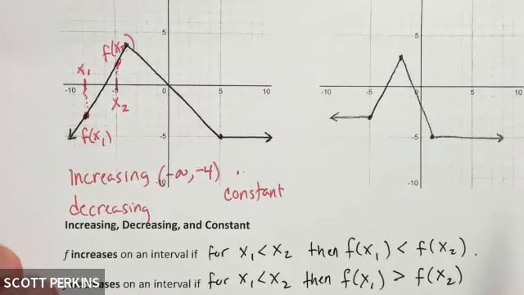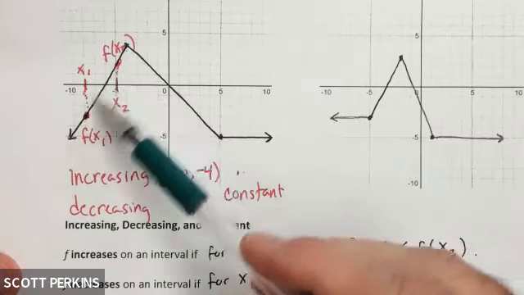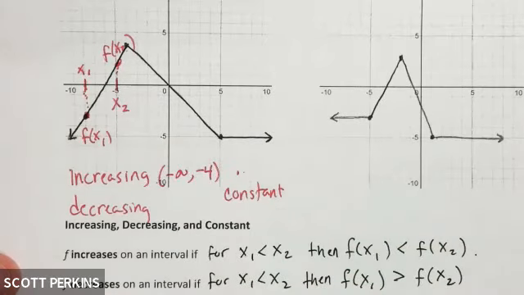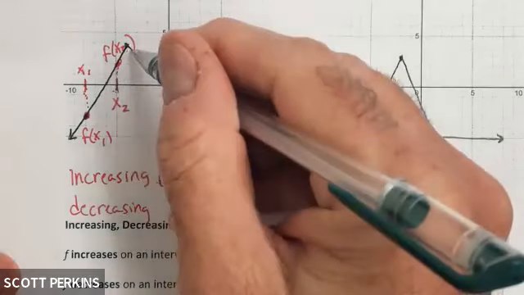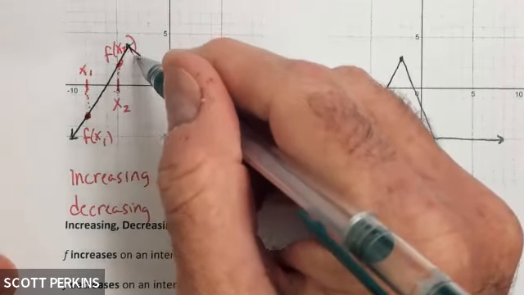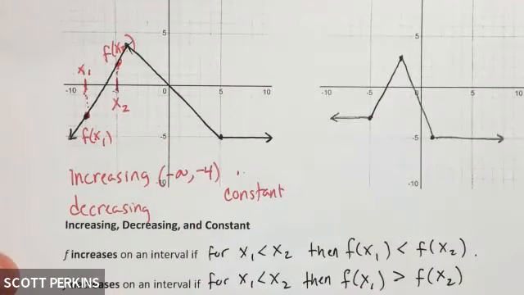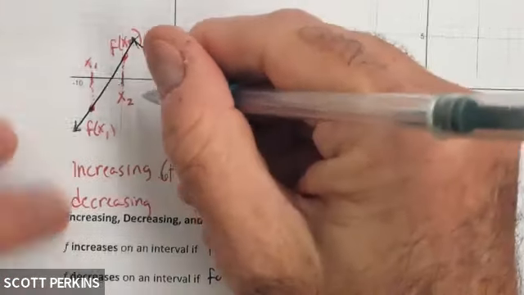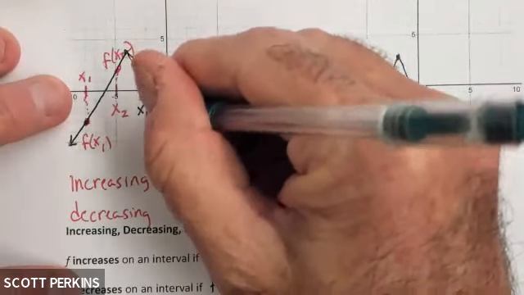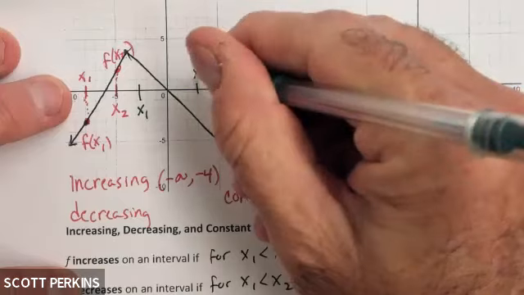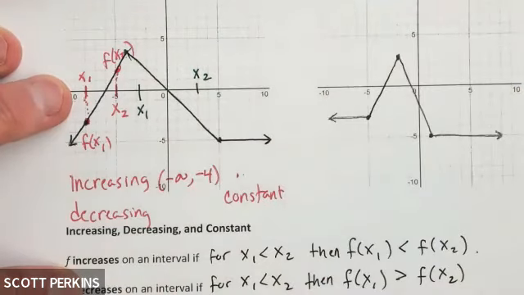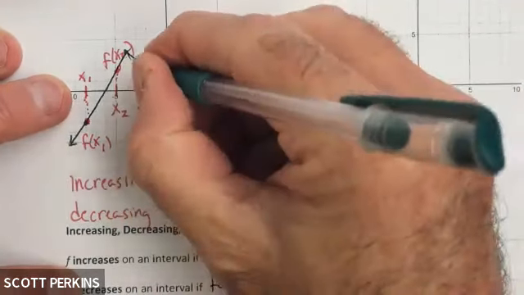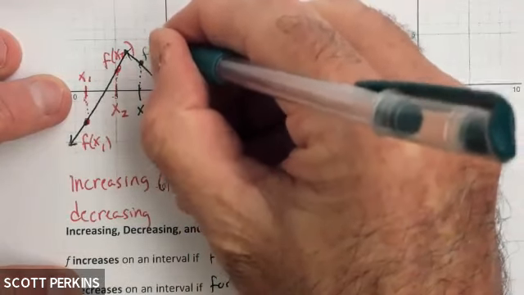So example 5 that we were just looking at, we already determined that part 1, the left part, was increasing. So which one's decreasing, the middle part or the right part? Clearly, the middle part is decreasing. As I trace it from left to right, my values are getting smaller and smaller. So once again, what does this definition mean? Well, this definition means if I pick an x1 less than an x2, so here's my x1 and my x2, that the function values associated with them